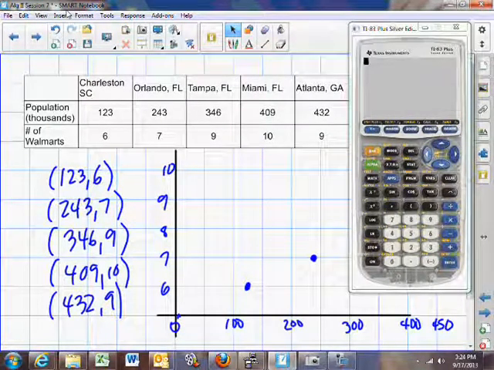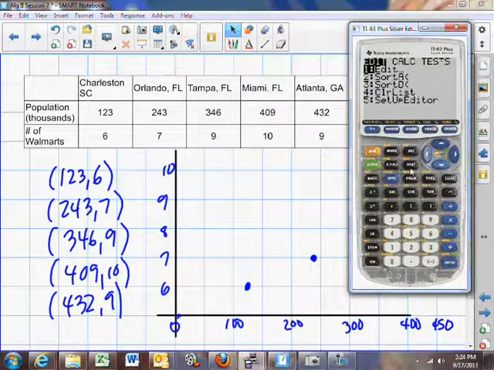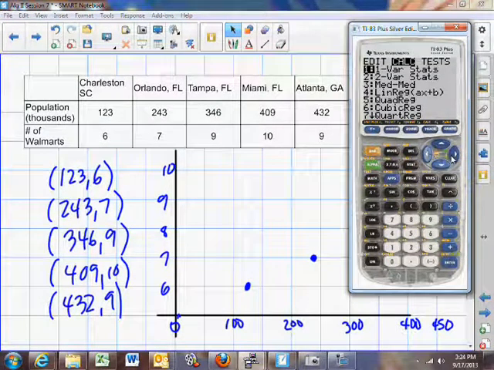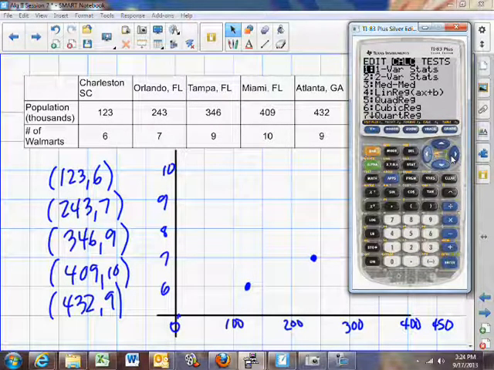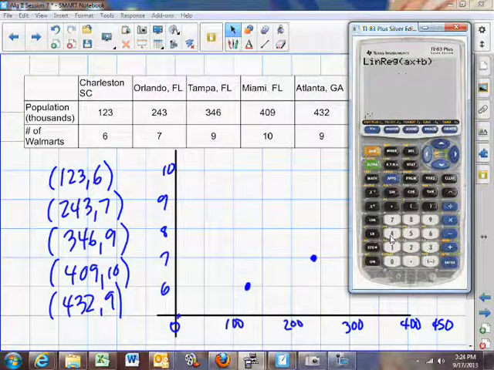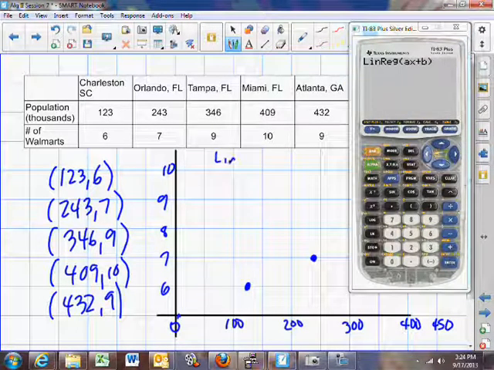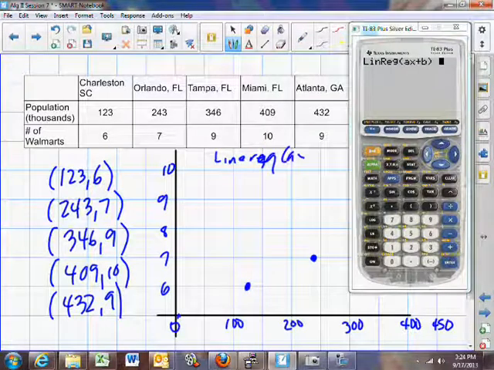So if you go back to the stat button, to this screen right here, go over to the calculate menu, and then linear regression is what we want, and that's number 4 on this list of different statistics calculations the calculator will do. If you press 4, you'll either get this or something that looks like this. You'll get LinReg ax plus b,